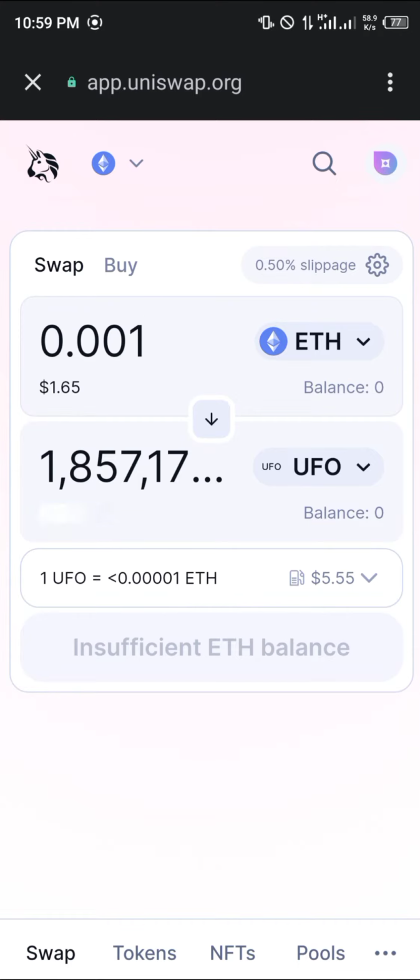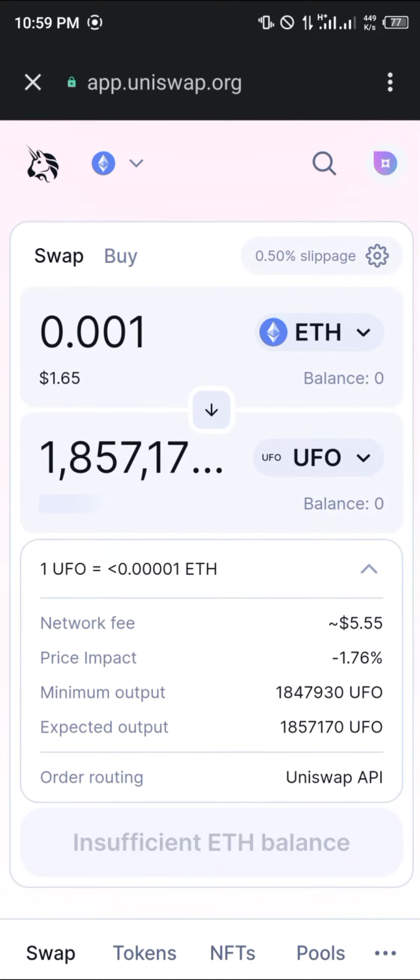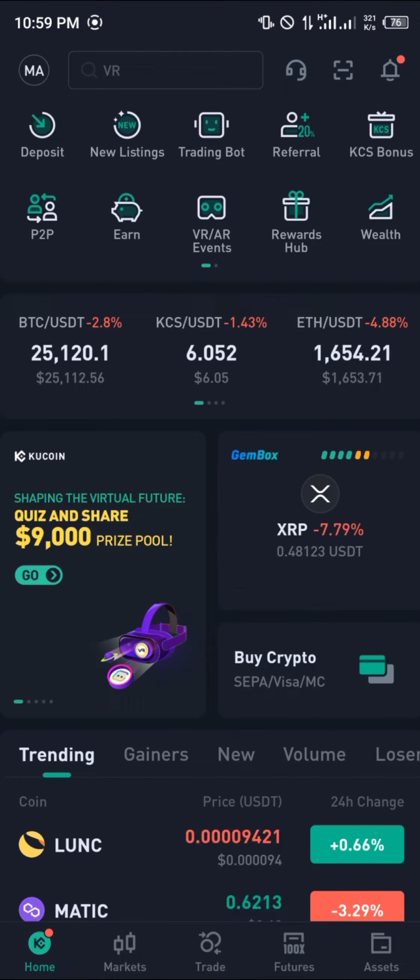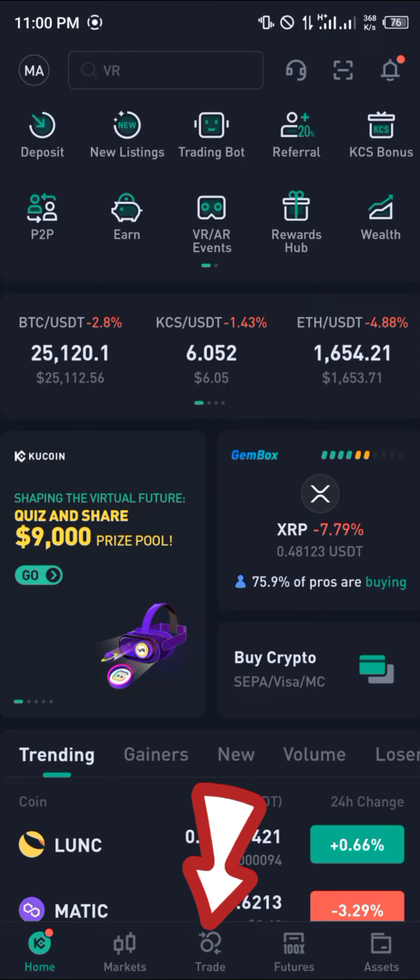And in the space of insufficient balance, you simply click on swap, confirm swap, and the transaction is done. As you can see, the gas fee here cost $5.55. So if you're looking to get it done for cheaper, another option would be to simply minimize and open up your KuCoin. By simply opening up your KuCoin, you then head over to the trade icon at the bottom